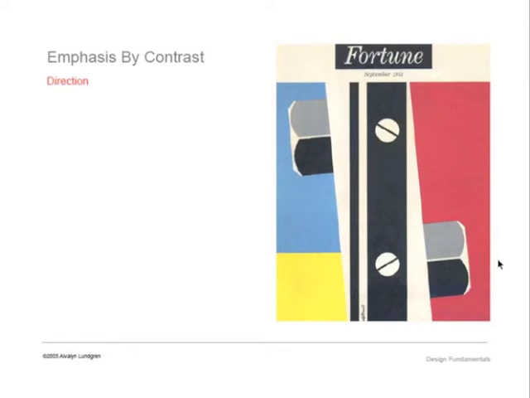We can create emphasis by going a different direction than we've generally established. And in this Fortune cover from a while ago, the overall stress is vertical, and then we have a strong diagonal sense. We have a secondary horizontal in here, but what really gets emphasized is the horizontality of the masthead and the